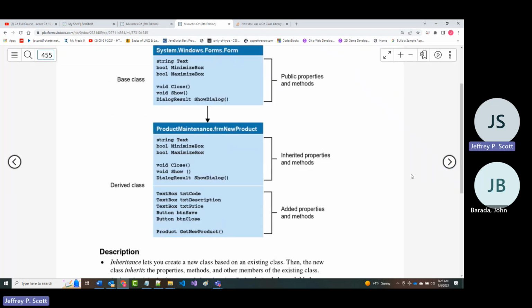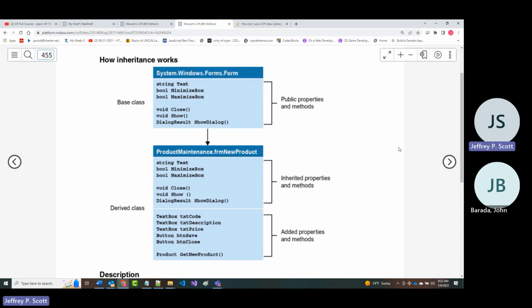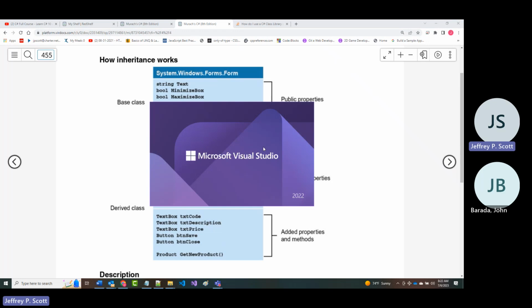And let's look at the examples that they give. All right. So it says we've got a class here that's called system.windows.forms.form. And it has things in it like this. Well, when you create your own stuff based off of that, all right, you get this stuff, so to speak, for free. Now, I'm going to show you something that you may or may not have even thought about before. If I come in here and I start up Visual Studio,